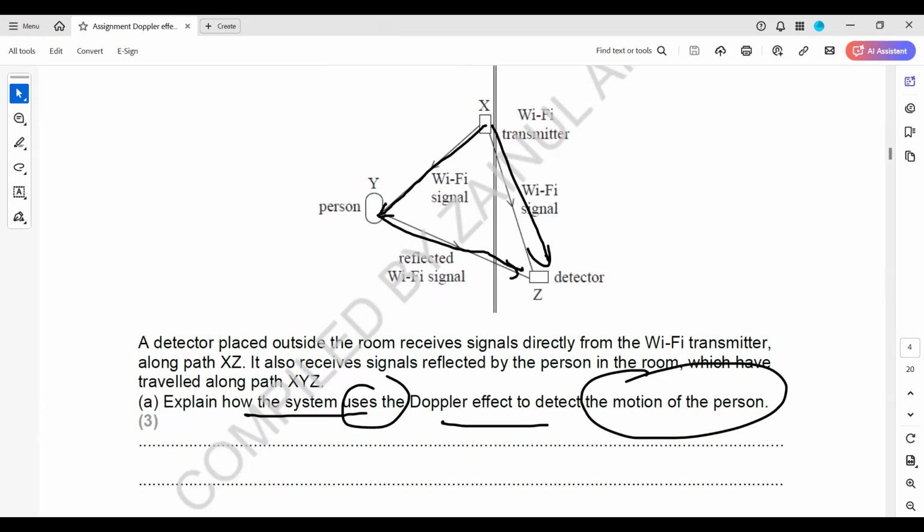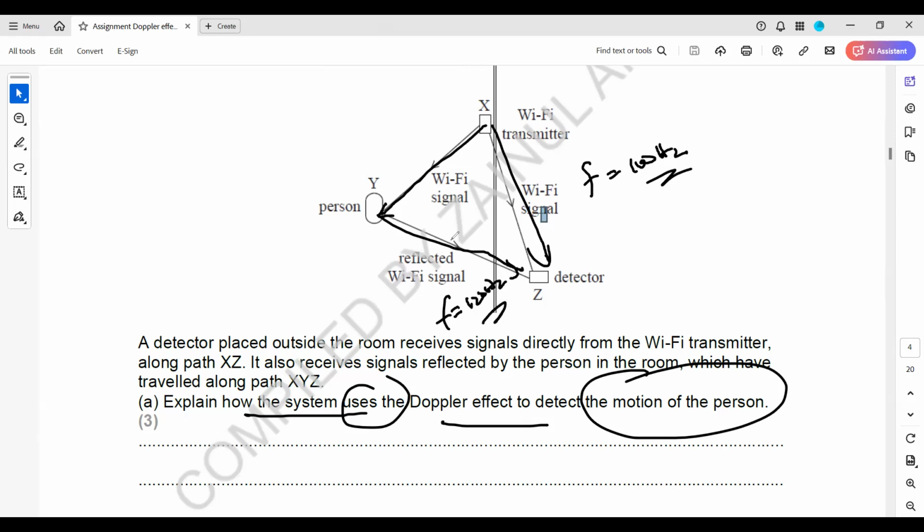First, we receive the frequency or wavelength directly from the Wi-Fi transmitter. And then for the signal reflected from the person, we detect the frequency and the wavelength of that signal, and then we compare. For example, if the frequency of the signal received directly from the Wi-Fi transmitter was 100 hertz, but the frequency of the signal reflected from the person is 120 hertz,